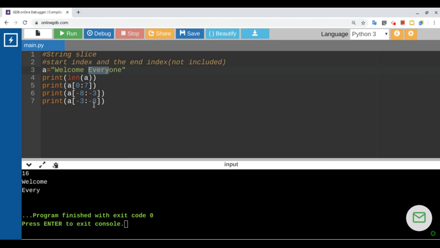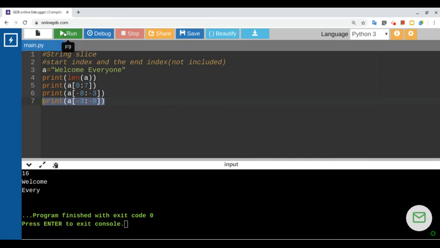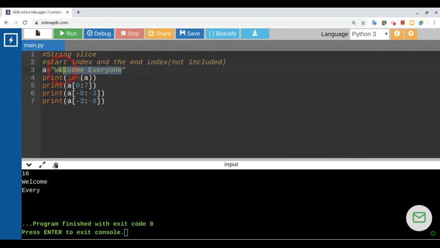If I run this program, you can see that the last line, -3 to -8, won't run. I'll run it for you, and then you can check. So you can see length of a is 16, print 0 to 7 is "welcome", and print -8 to -3 is "every". Run this program by changing the value here. For example, instead of "welcome everyone", you can write something else like "hello everyone". So change the value and try and have fun. Don't hesitate to change the values and see what